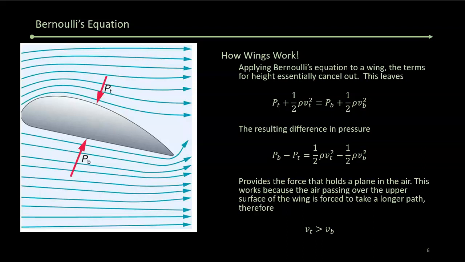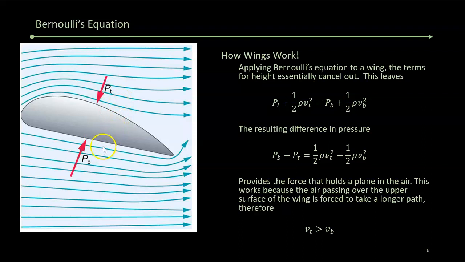In the context of a wing of an aircraft or any other thing where you're shaping how the air goes around the object, Bernoulli's equation helps us understand where the lift is coming from. If you look at the profile of the wing, the distance the air has to go over the top of the wing is longer than the distance underneath. What that really means at the end of the day is that you have a different velocity profile above